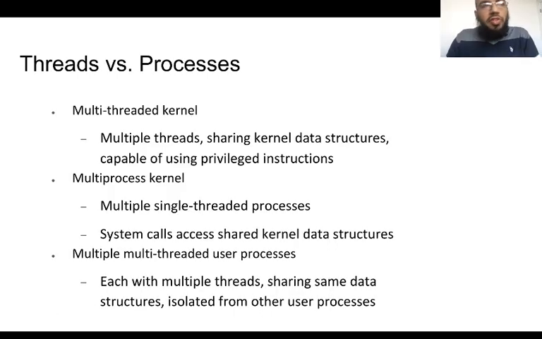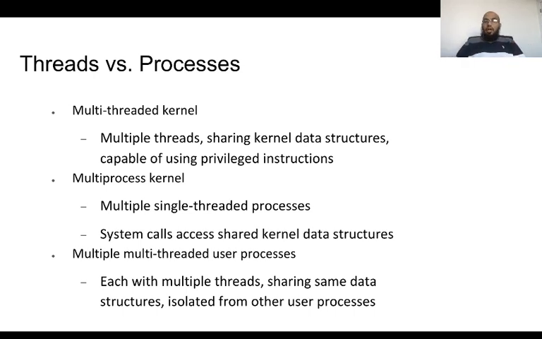Again, threads versus processes. As I basically told you during the last lecture, life is much more complicated than just having threads and processes that are completely unconnected. There are multiple threading models. A multi-threaded kernel is one that allows multiple threads sharing kernel data structures running internally and capable of using privileged instructions. So a multi-threaded kernel internally has its own threads, and these are kernel level